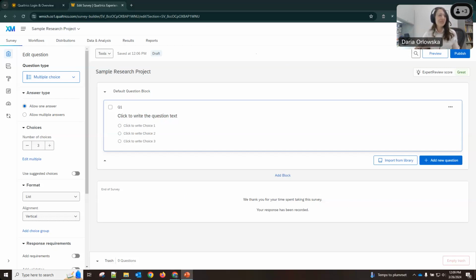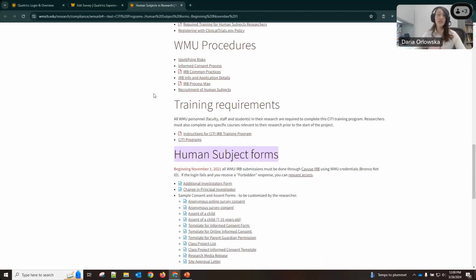If not, what we're going to do is first, I'm going to transition over to where the consent forms are. So the first thing you'll want to do within your Qualtrics survey is go ahead and put in some consent language, just to make sure that the participant is agreeing to participate in your survey. You might not be using Qualtrics for human subjects studies or IRB approval. It might be an internal survey or for any other reason, in which case you don't have to do this step. But if you are doing it as part of a research study, this is where you find all your forms.